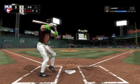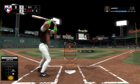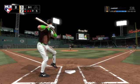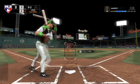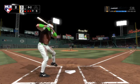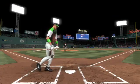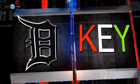First offering on its way. And that's by him. It's 0-1. And this will be a called strike 2. In trouble now as they're down to their final strike tonight. Swing and a miss. He struck him out, and that'll do it here as the ball game is over. It was most